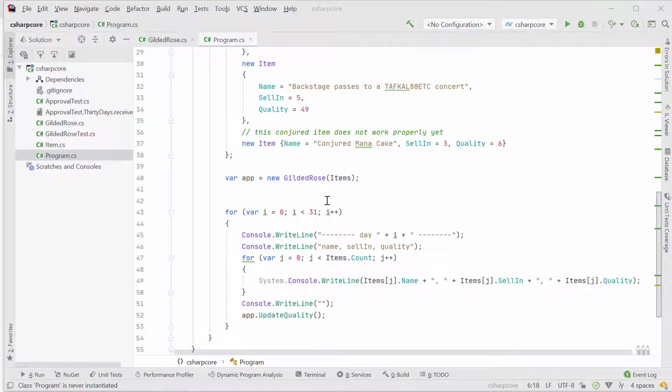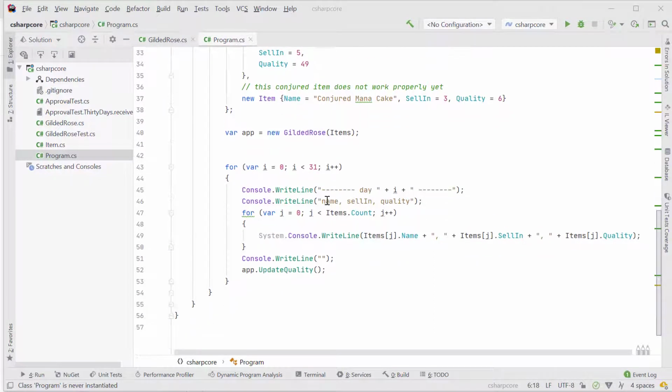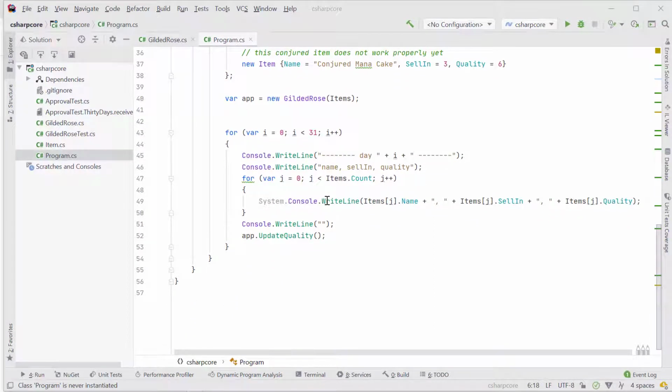It contains all the names, the sell-in date, and the quality. After that, we instantiate the Gilded Rose class, and we can use it to loop through 31 days, which is our month. At every day we will output the name, the quality, and the expiration date of each item, and then we'll update the quality based on the logic.